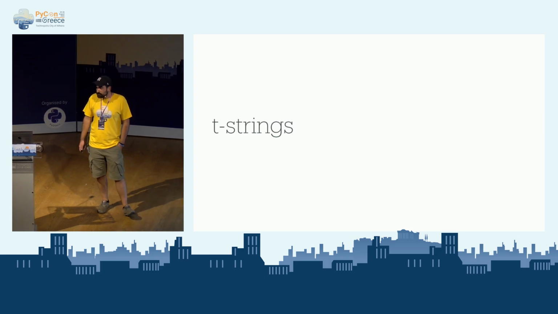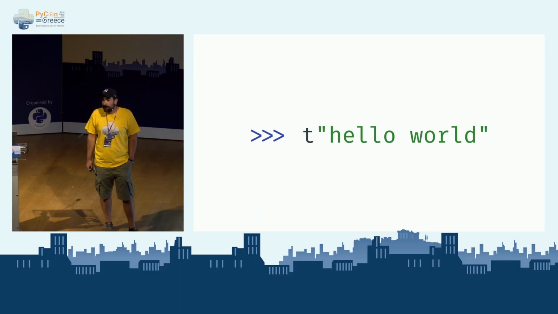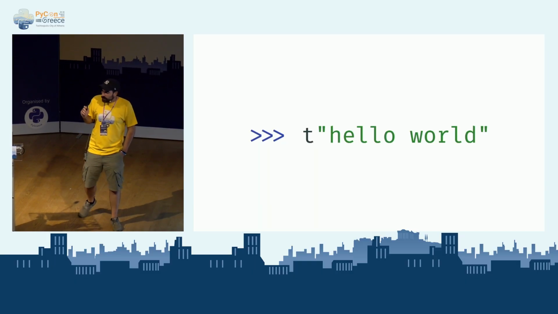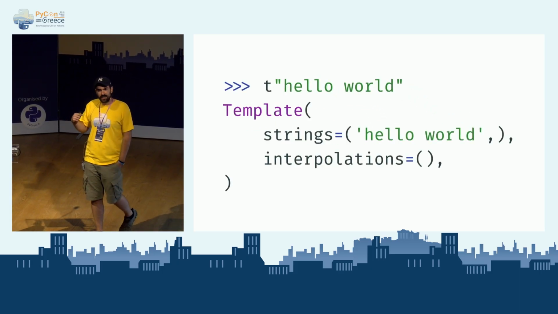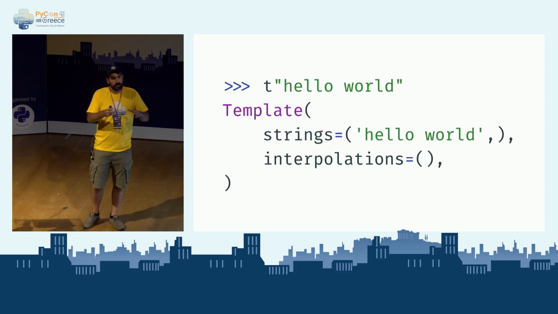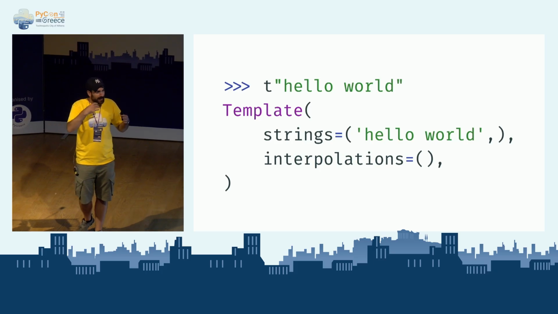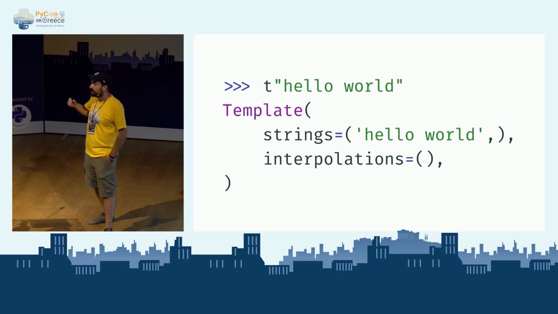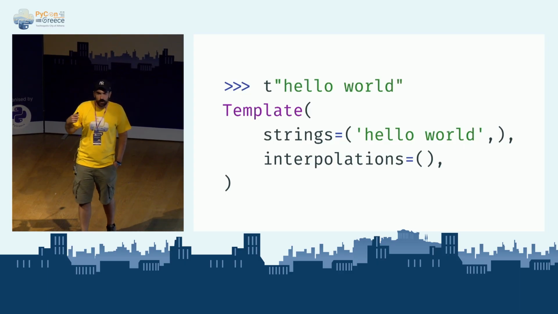So T strings, what's a T string? It sort of feels like an F string, but with a T prefix instead of the F. T strings are not really strings internally. They give out a new type, which is called Template, and it allows you to get into the interpolated stuff inside the T string. This first example is not really interesting, it's sort of the hello world.